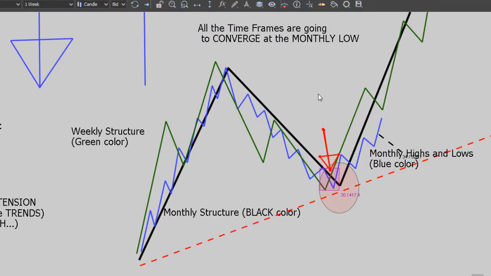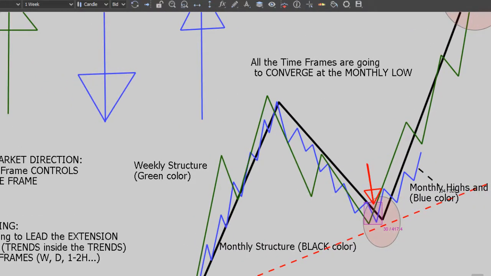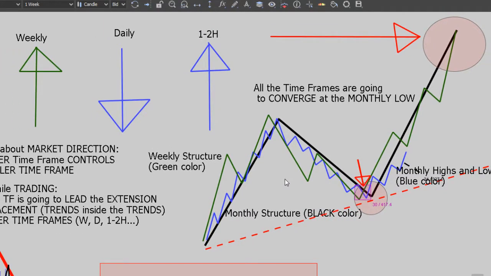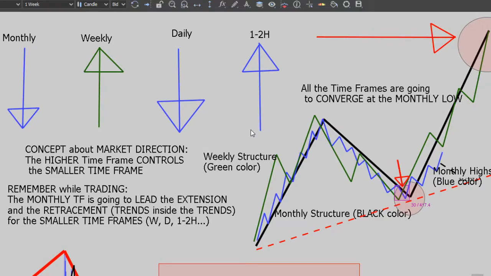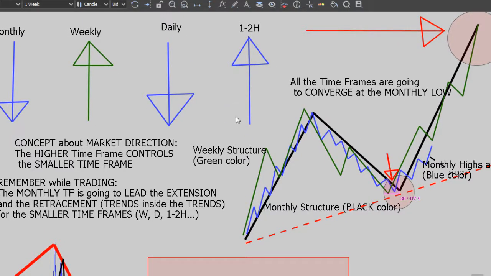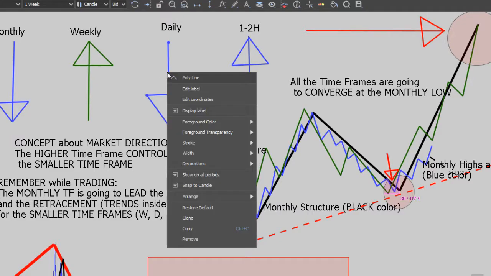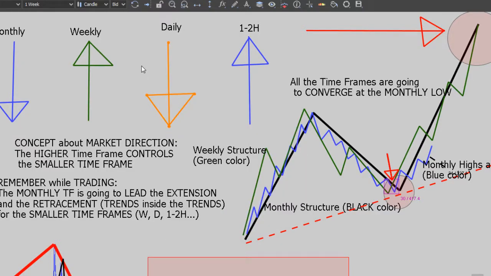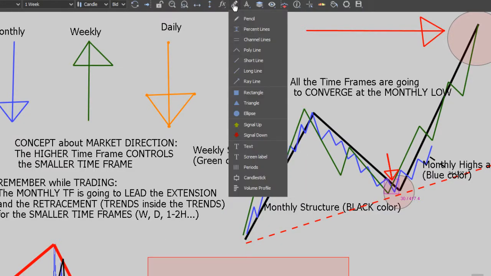So when you analyze the market, everybody, and before you enter any trades, you should check what the monthly is doing, what the weekly is doing, and what the daily is doing, right? And take it like this. The monthly chart is the grandfather or the grandmother, right? This is the monthly. The weekly is the grandfather and the grandmother. Now let's add to this chart, and let's color code this in orange. Those are mom and dad, those are the parents.